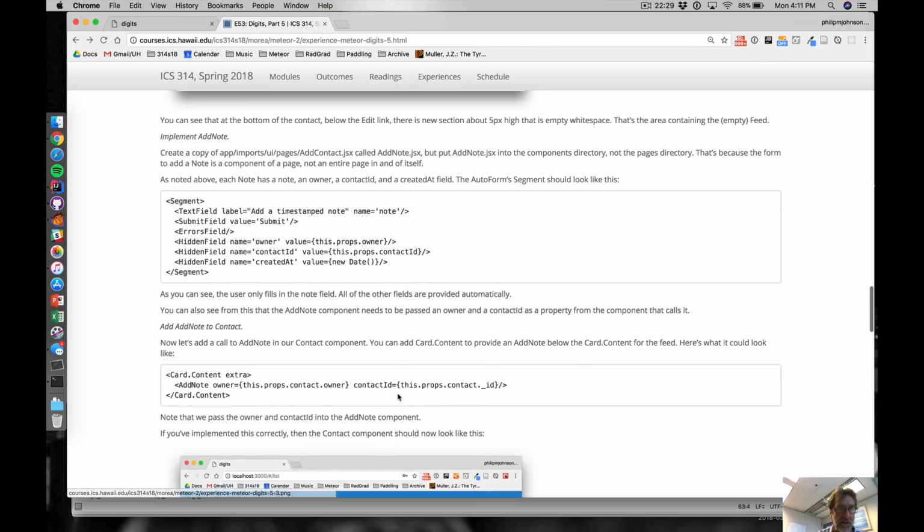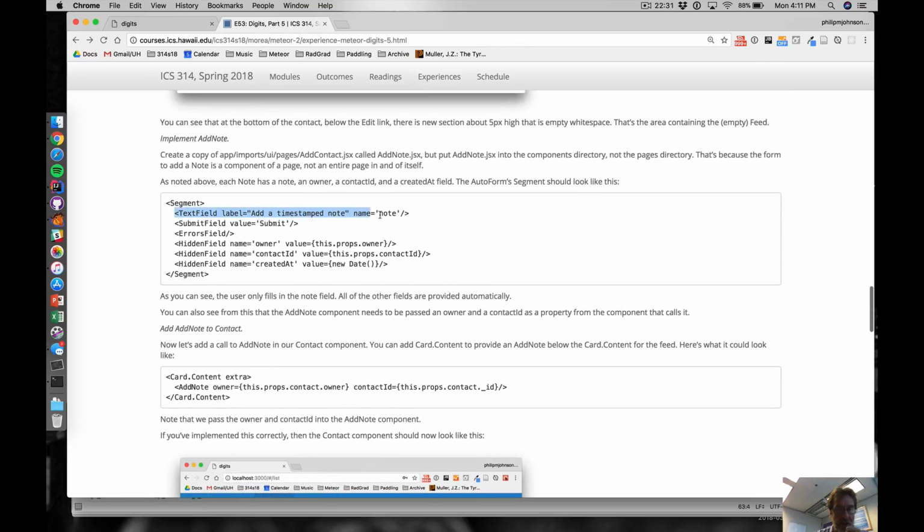All right. So how do you do that? Well, you do it by saying, okay, here's our text field that you'll actually fill in. Here's your submit button. If you happen to make an error, which is kind of unlikely, well, I guess if you press submit without doing anything, it would be an error. But then we provide these hidden fields that supply the other information that we need for this form to work correctly. Because remember, it's always checking the schema to see that we've created a document that satisfies the constraints of the schema. So let me copy that,